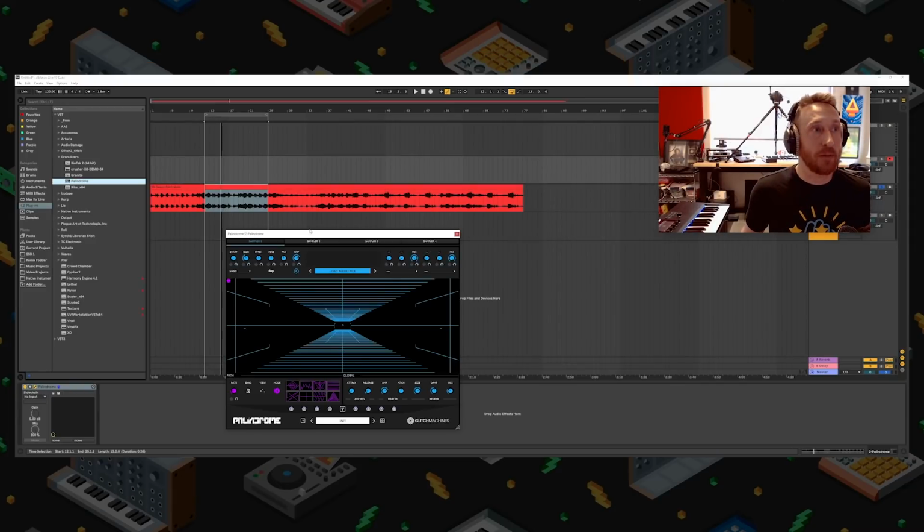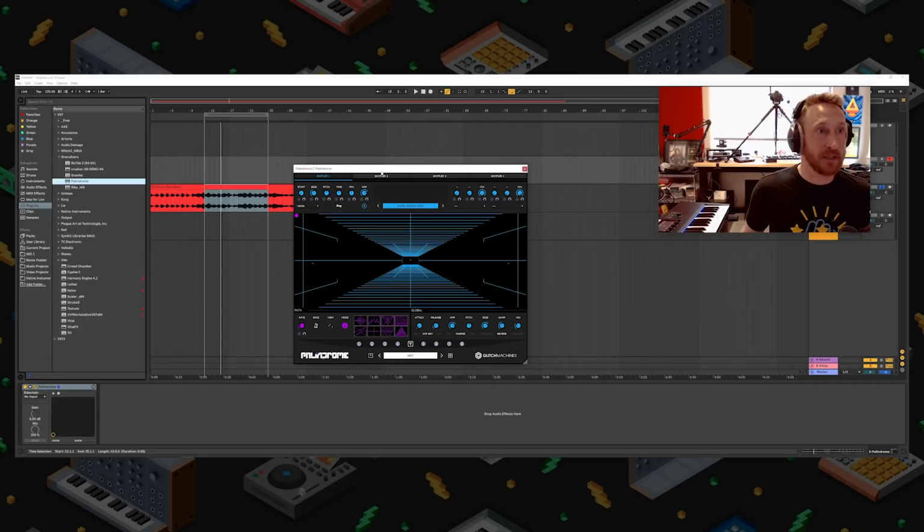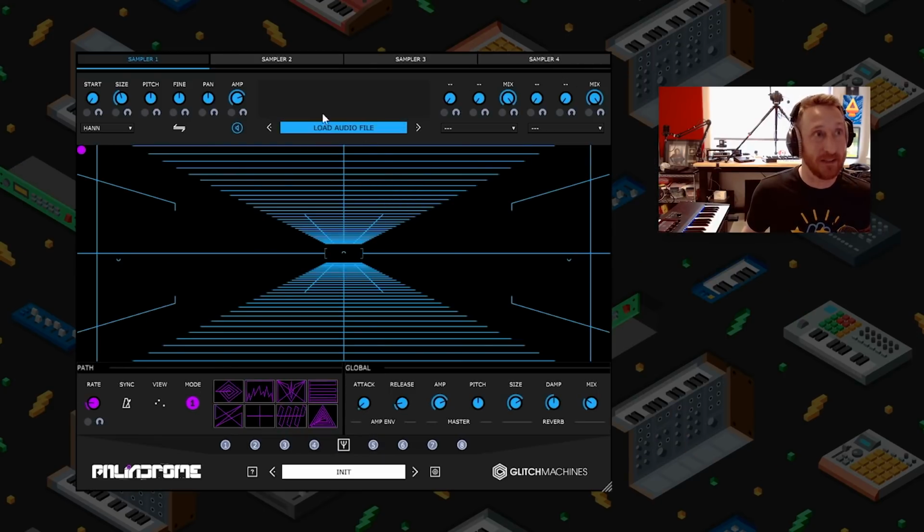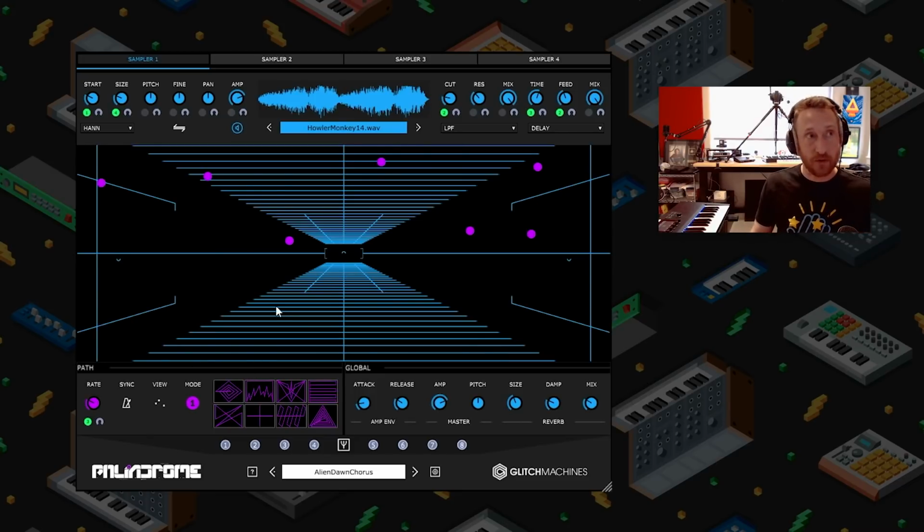And finally, we have Palindrome, which is by Glitch Machines. This is a really crazy looking one. So I'm just going to show you some of the presets on this because it is wild, and I love the interface. And this one is very, very cool for soundscapes.